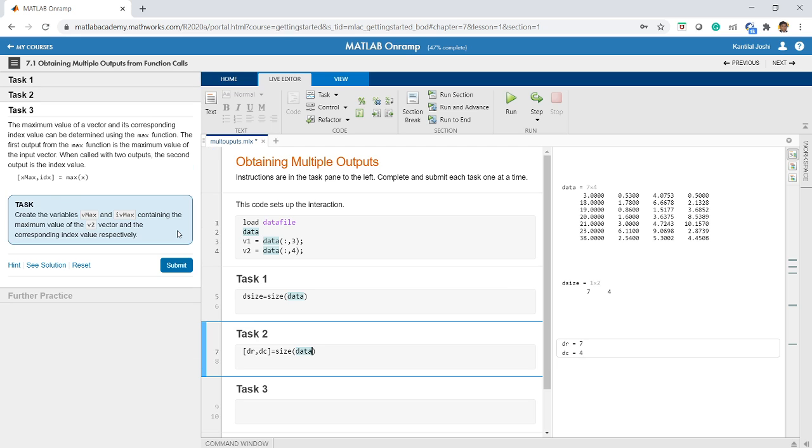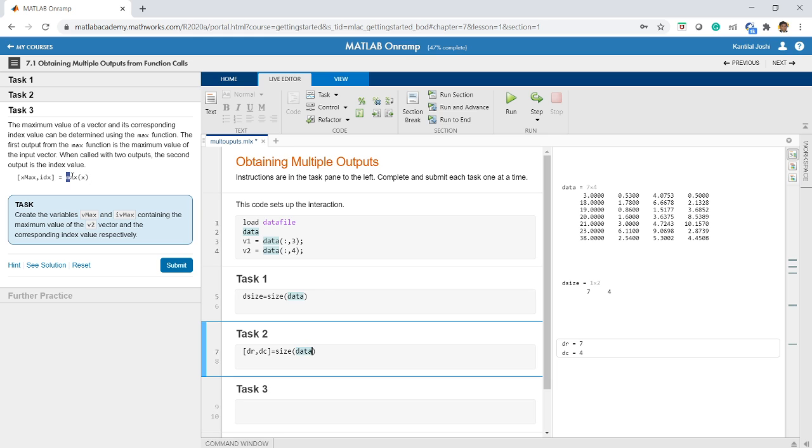Next task. The maximum value of a vector and its corresponding index value can be determined using the max function. Many times we not only want to find out the maximum value, but also want to know its position. This is very important. This can be done by writing [xmax, idx] = max(x).